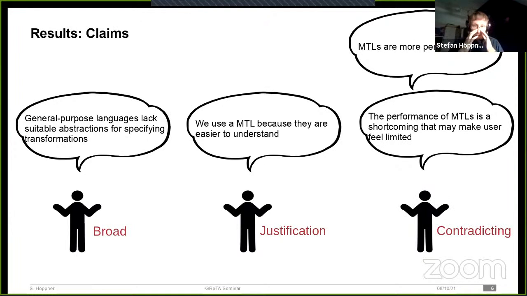The problem here is not that only one of both statements could be true, but that it highlights that there's a need for proper contextualization of statements of this fashion, right? So in some cases, maybe model transformation languages are more performant. In some other cases, they might not be.